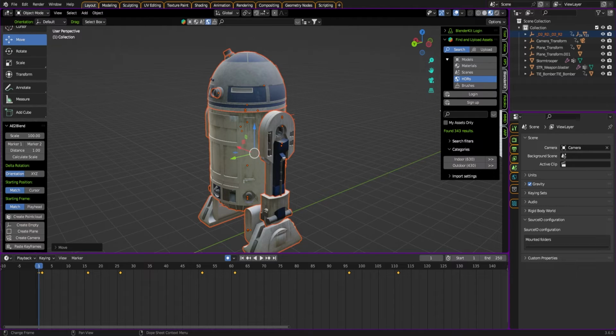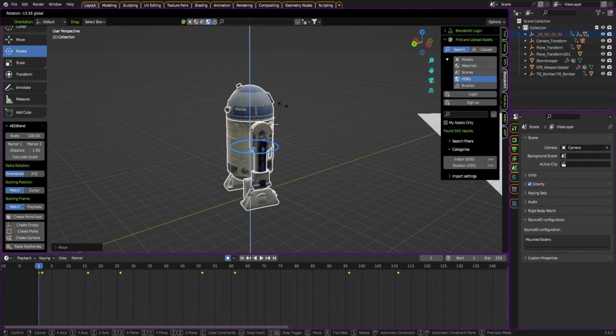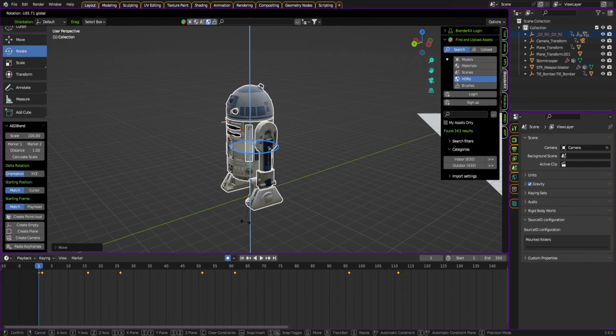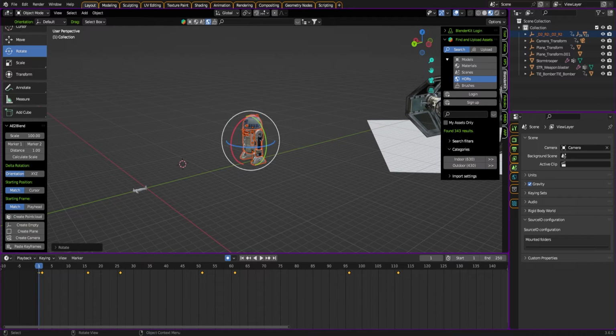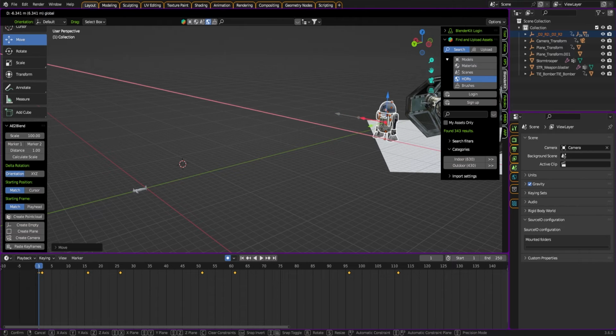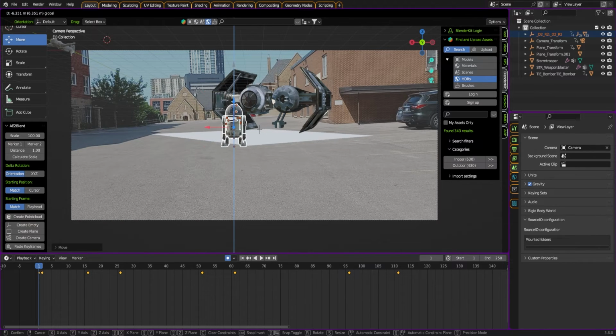Alright, so the next model I ended up downloading was this R2-D2, because we're just going to get a good little scene going here. We can add so many things to it. Now that we got track points, we can even go back into After Effects. That's why you should leave it open also, in case you need to go back and get extra track points, you can do that. So what I'm actually going to do is just push this in. I'm going to go into my camera mode, and this is what I mean. You can just make sure